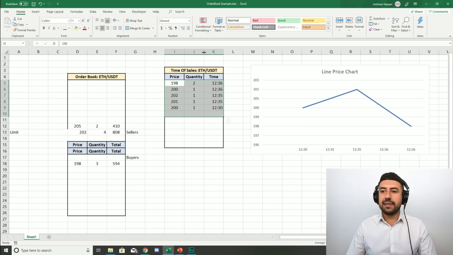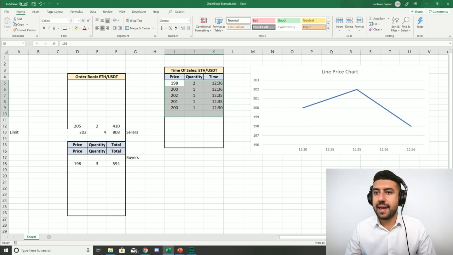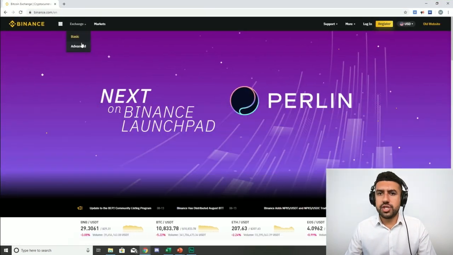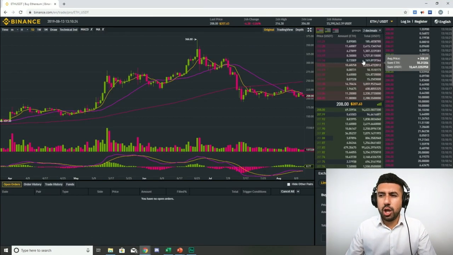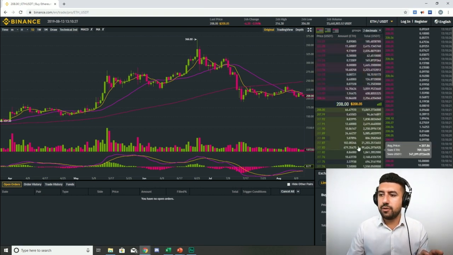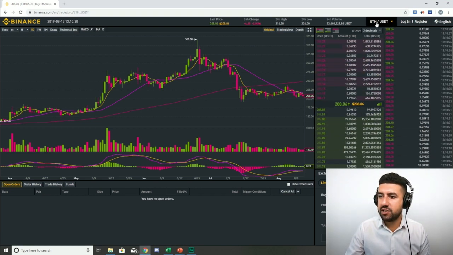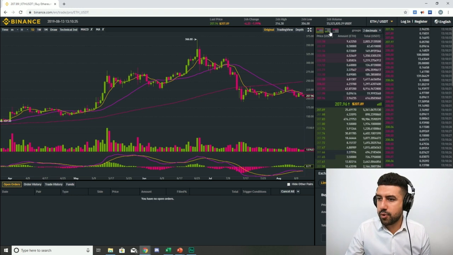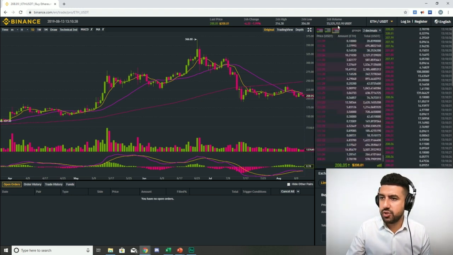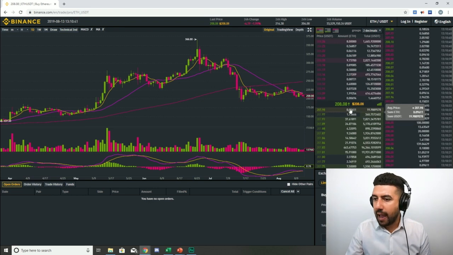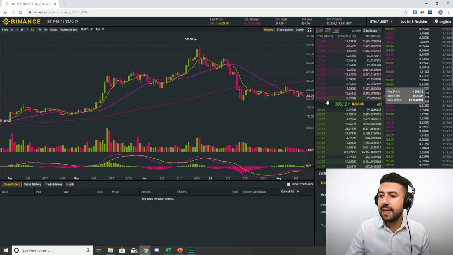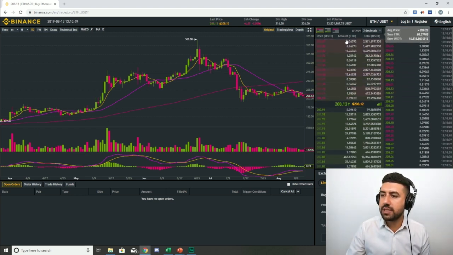Okay. So whenever you're looking at an exchange like Binance, let me just pull up Binance here. You go on their exchange, and what are you seeing? All exchanges are going to have a similar layout. You have the order book. If I'm looking at Ethereum, you see all these people here, they're all buyers. I can look deeper in the order book at all the buyers or all the sellers, or look at buyers and sellers simultaneously. I have all the prices that they're willing to buy at, the quantities and the total. And I have the sellers, the prices they're willing to sell at, the quantities and the total.